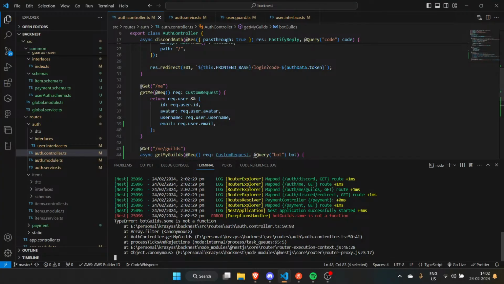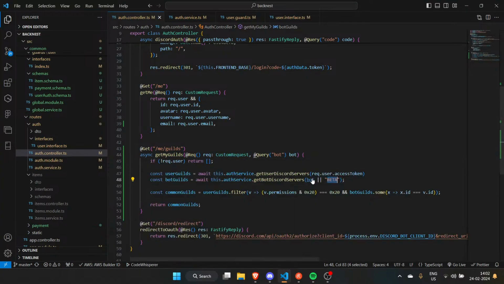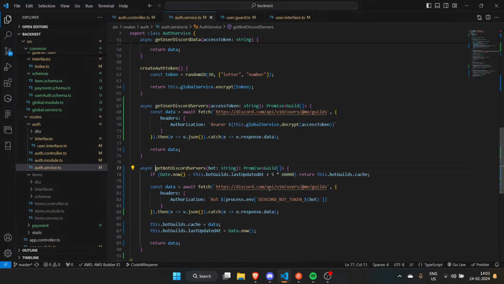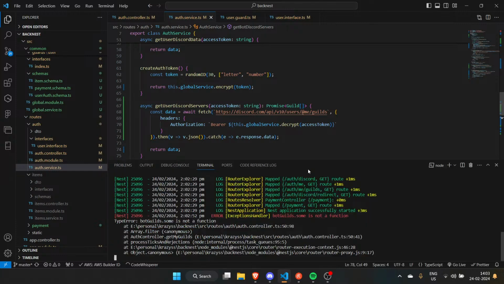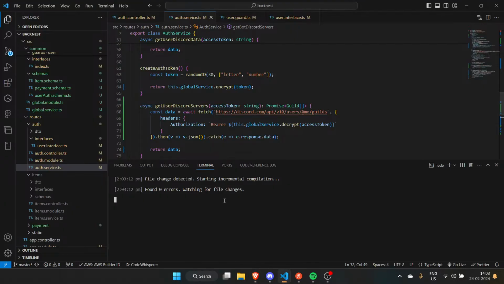And we got an internal server error. Bot guilds.sum is not a function because I'm assuming this thing doesn't exist. Let me just console log that real quick. That's funny, dude.